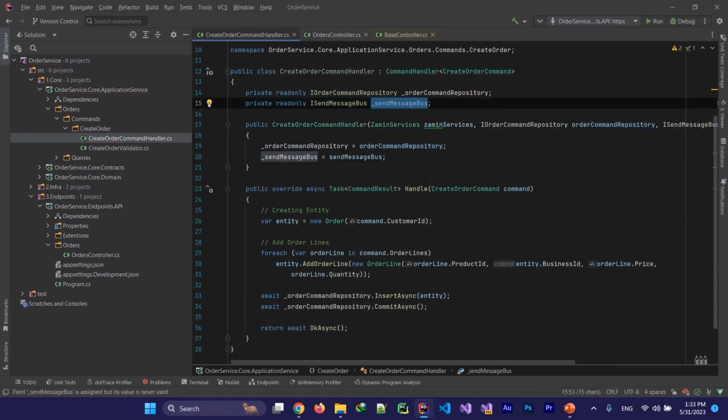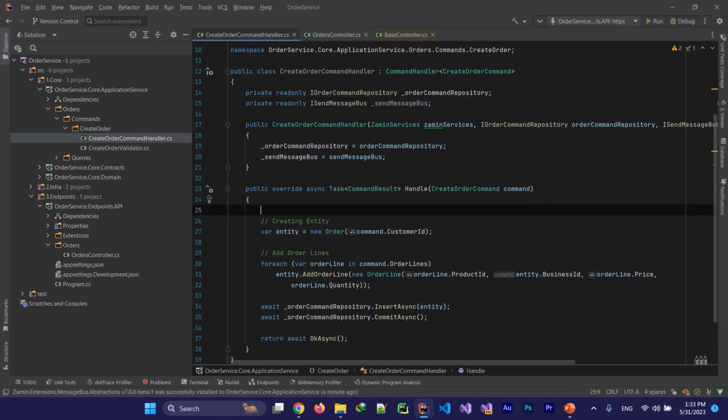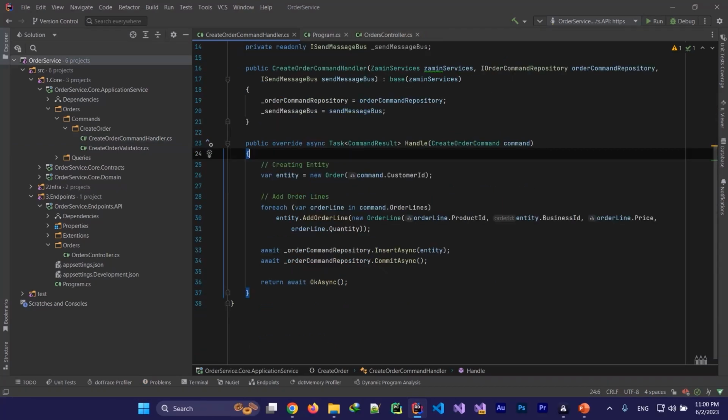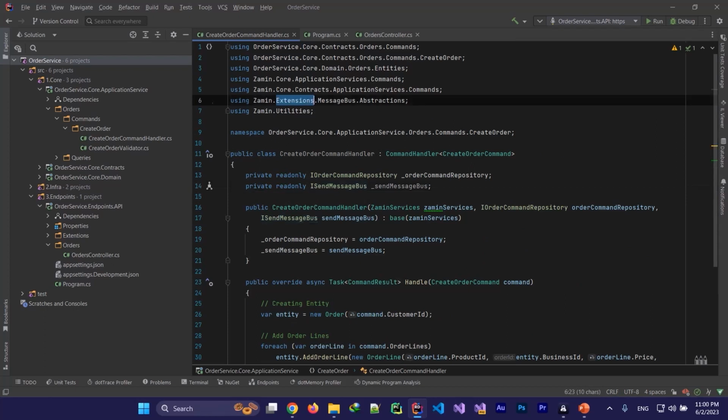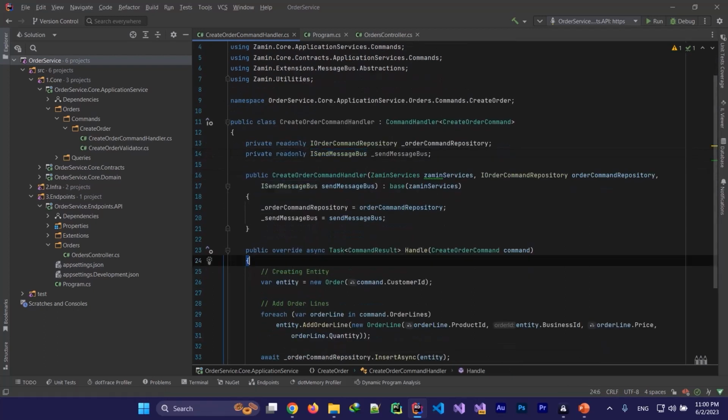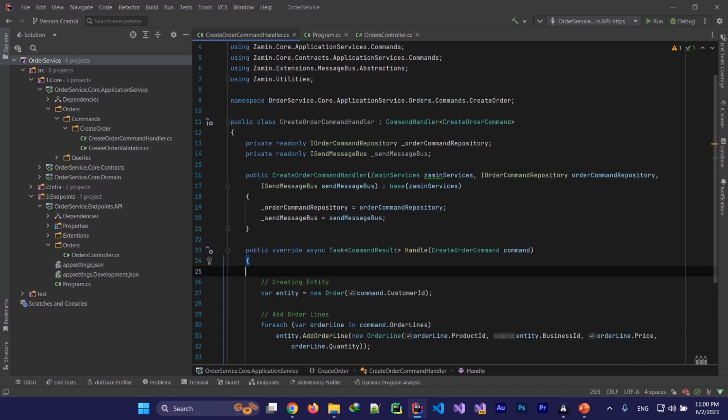If you want to do Saga or something else, you need this technique. You need to be able to send your command through the message bus. For using ISendMessageBus, you must install the Xamarin extension message bus abstraction package in your project. When you install that, you can use it like this: sendMessageBus.SendCommandTo,